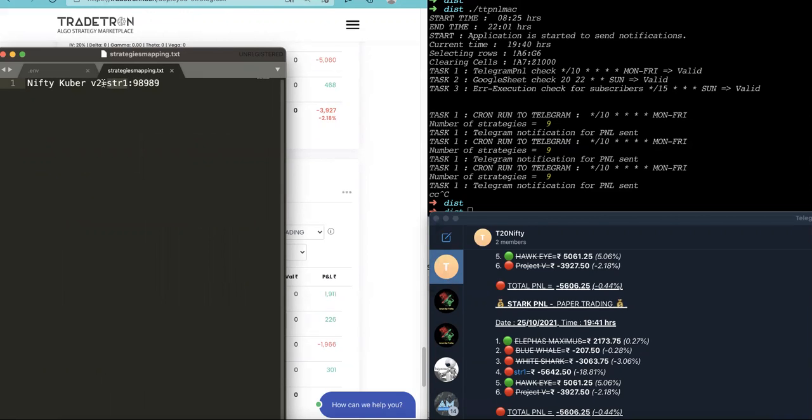Okay, so the binary will check every strategy name here and replace the strategy name with this particular short name.